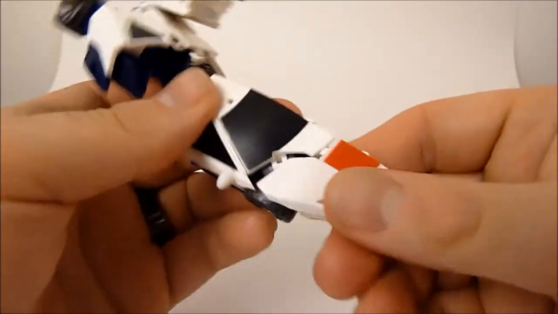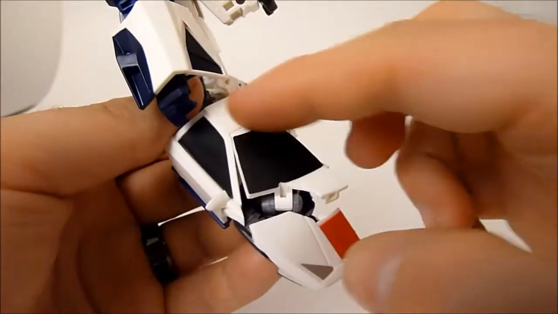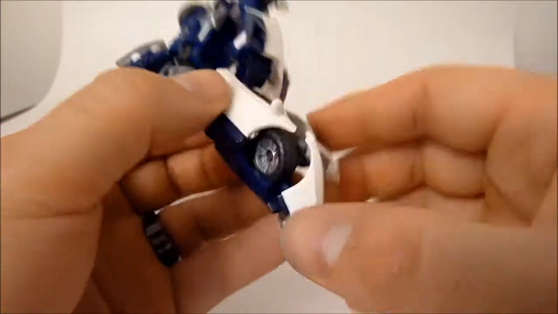There we go, on both sides. Close that back up. And now the front of the car just pops off. We can pop this up. So the windshield of the car goes up slightly and allows you to just kind of tuck the wheels into